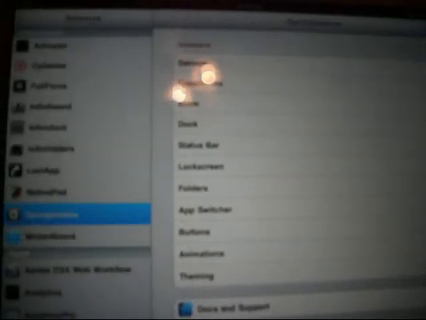I mean, there's just so many things that this does. You can customize your lock screen, folders, buttons, theming. It's just unreal what all you can do. If I had to pick one application to have, this would probably be the one that I would pick, because it does so many things. And other